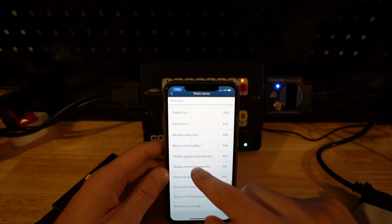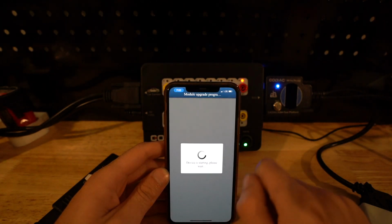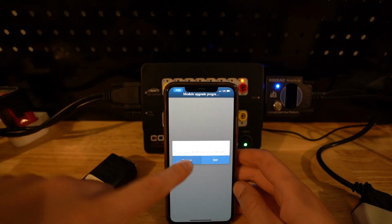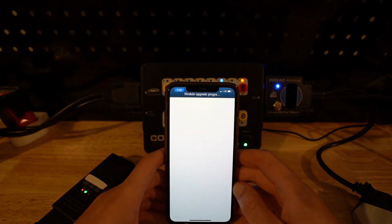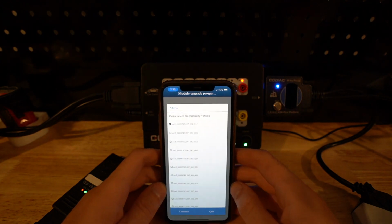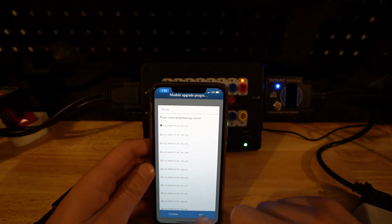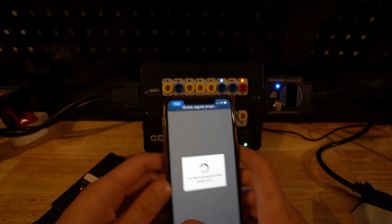That's a big thing. The starter motor needs to be reset in a lot of these, but if we want to do an upgrade, we can upgrade the module, which is really cool, all over OBD, and again, without risking the car, because we're all outside of the car. So it really is a good test bench tool to have. We can pick whatever version of software that we want to put on here and update it. We're not going to mess with that because there's no need,